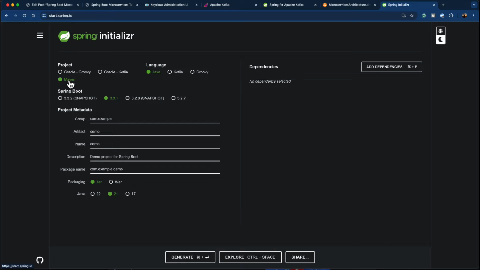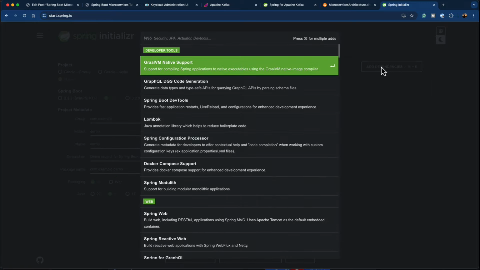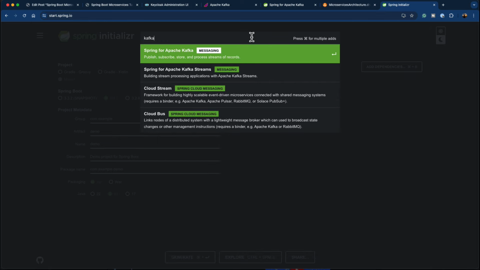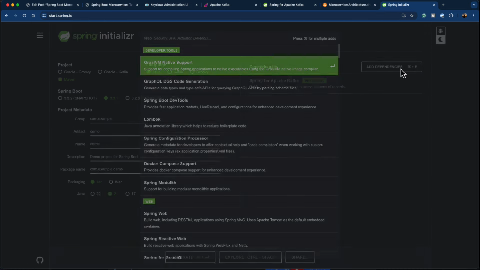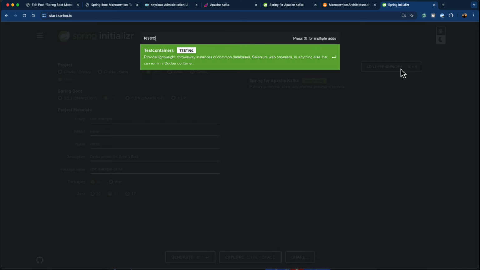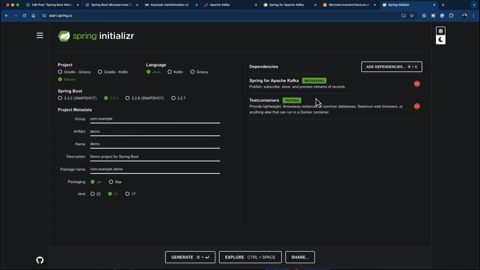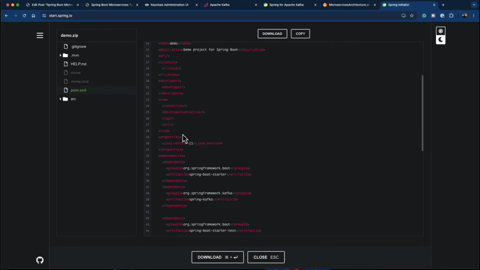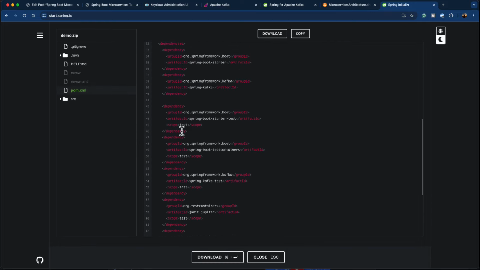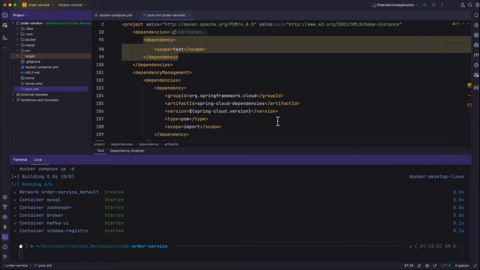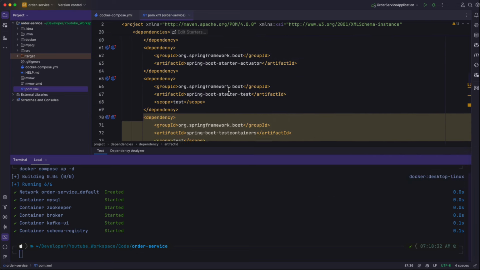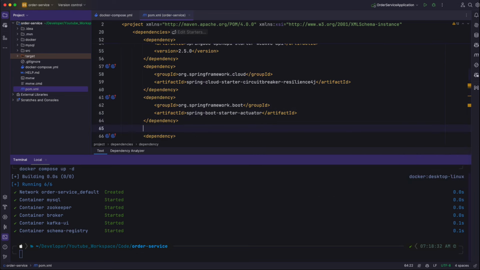Make sure to select the project Maven, click on add dependencies, and search for Spring for Apache Kafka, and also search for Testcontainers. If you add both of these dependencies and click on explore, you can see the dependencies for Kafka. The first one I'm going to use is this Spring Kafka dependency. Just copy this configuration here and go back to IntelliJ and paste it somewhere below the dependency of Spring